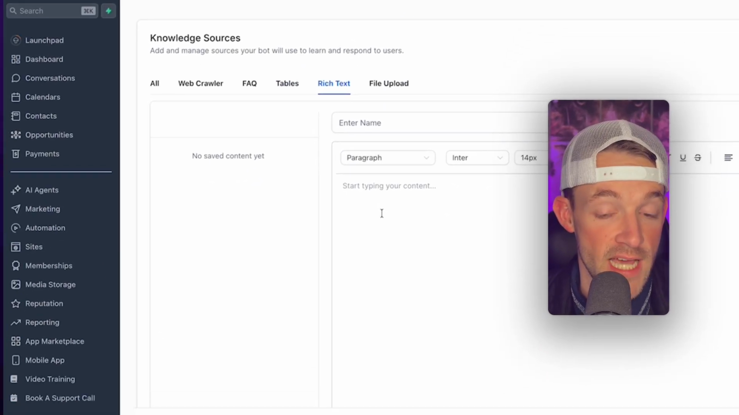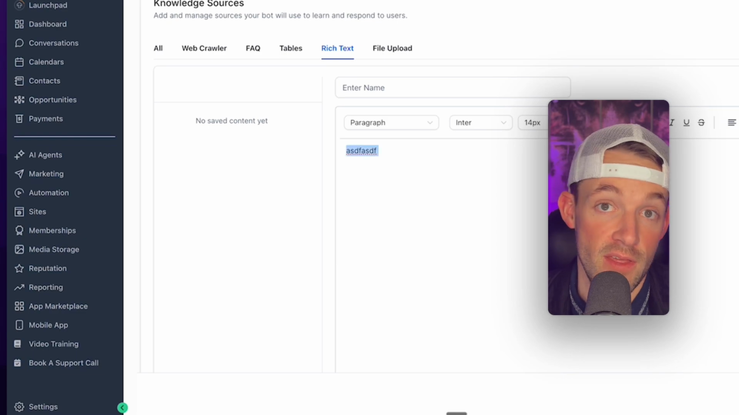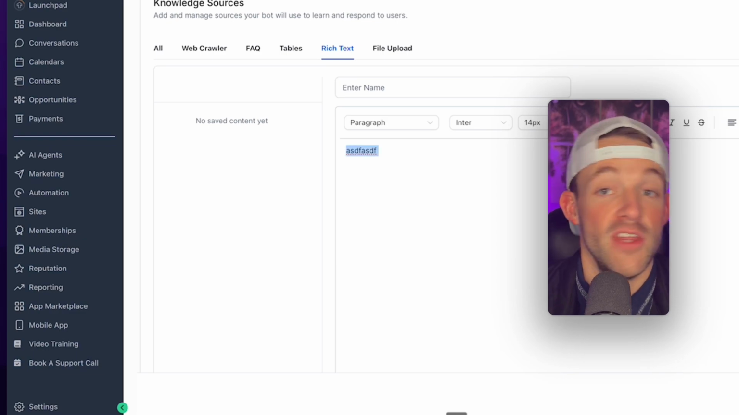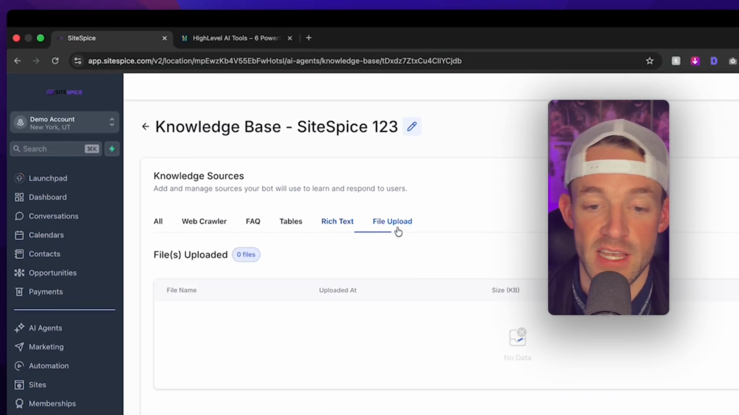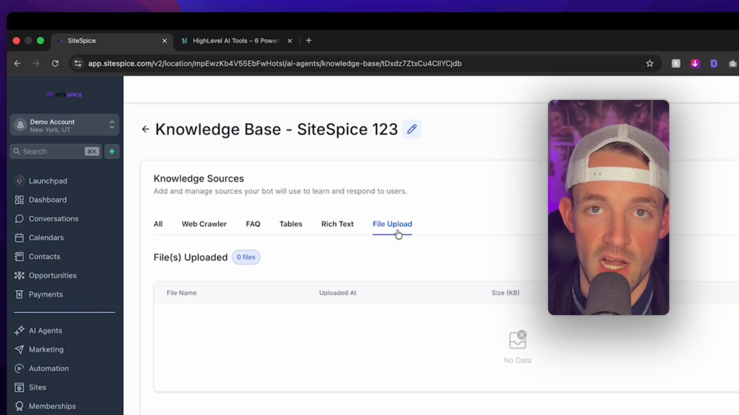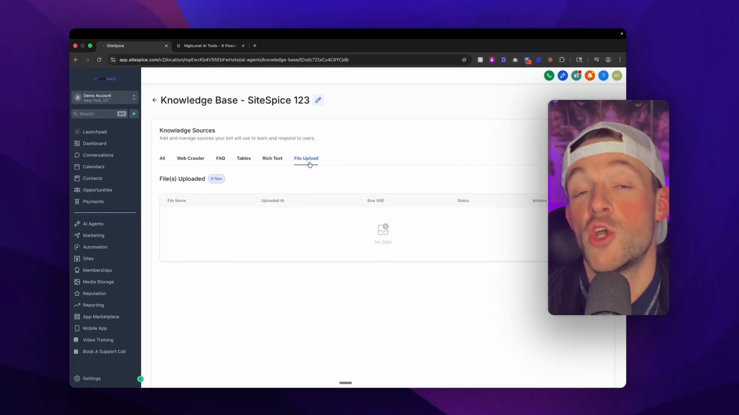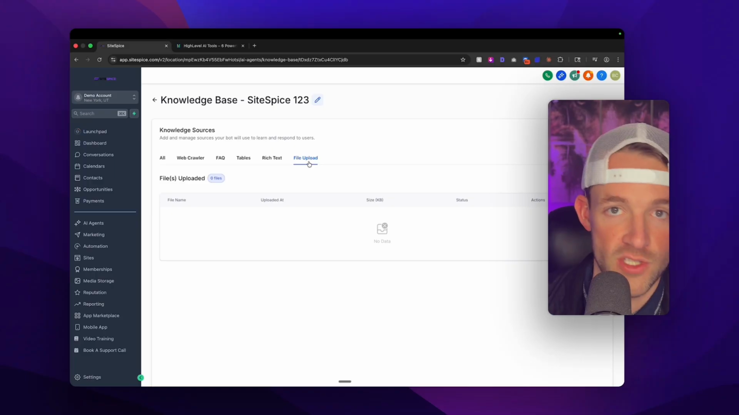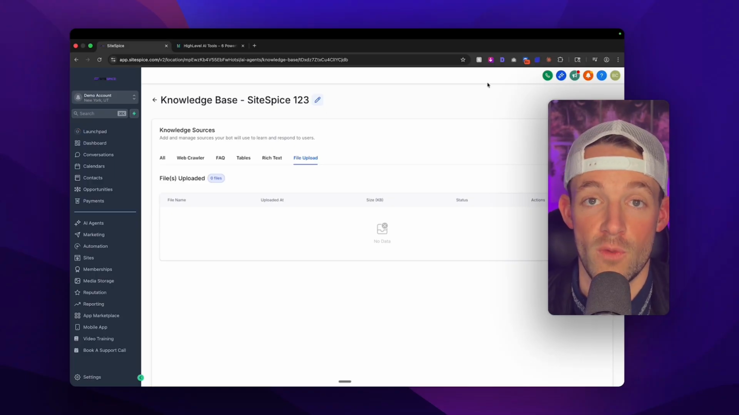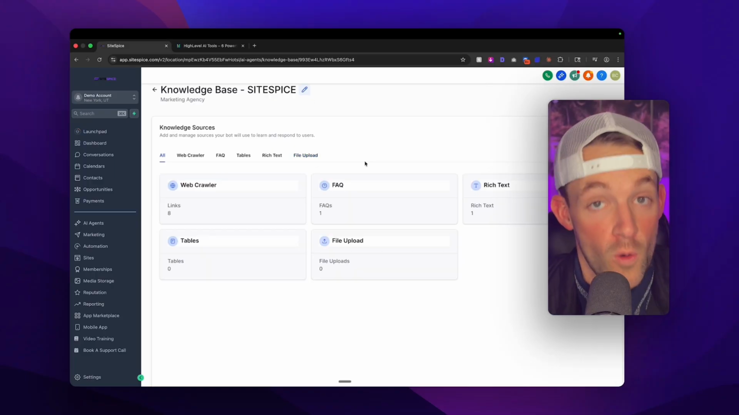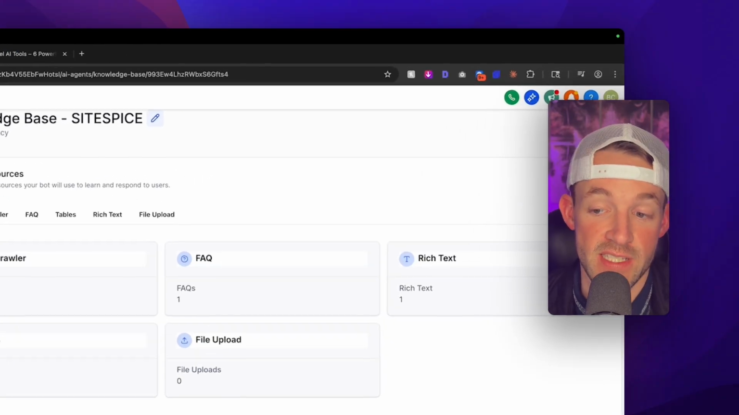There's also a rich text where you can just free type anything that you might need to have the agent understand. And then lastly, there is a file upload where you can upload things like documents and PDFs if you have training documents or about us documents or anything that you might need for your AI agent. So in order to add these, all you'll need to do is come over to this add source button